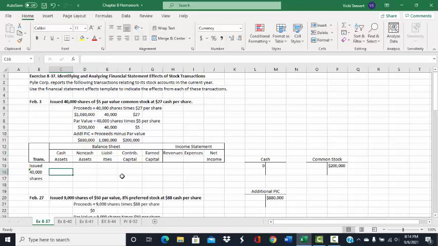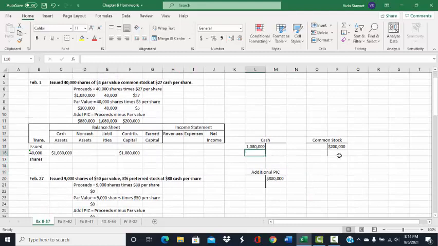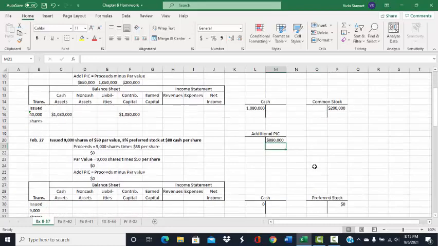$880,000. On the financial statement effects templates, we would increase cash by $1,080,000, and we would increase contributed capital by the same amount. When we look at our T accounts, we see that we would have a debit to cash for $1,080,000, a credit to common stock for $200,000, and a credit to additional paid-in capital